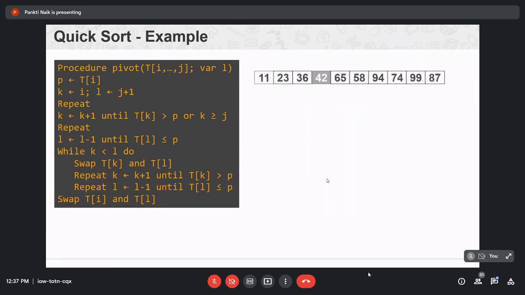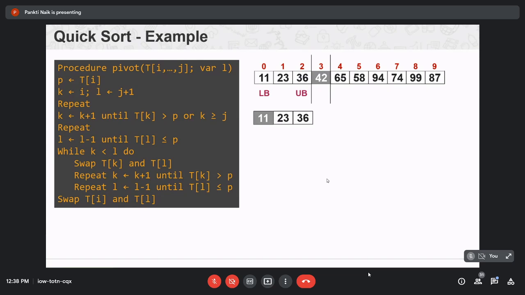So now your array will become like this, and your pivot will be in its perfect position. The next step is to divide your array into two partitions, left subarray and right subarray.